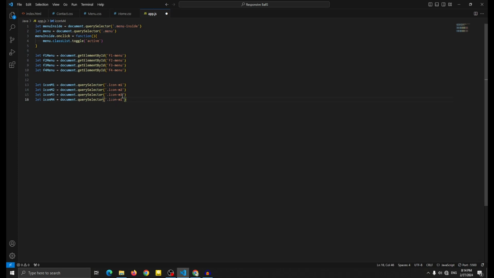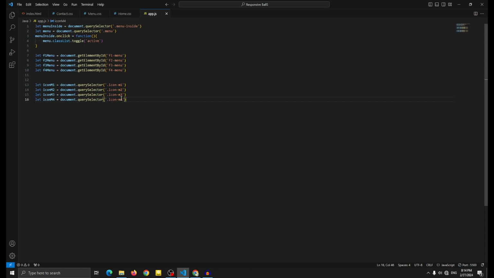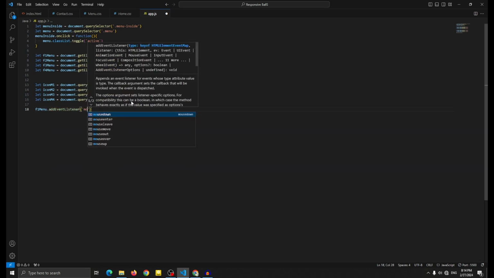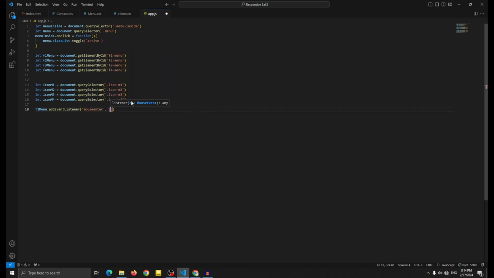Okay, now we just call it in this JavaScript. This is the first menu that I added the ID for, guys, if you download the HTML. You can see I just added it in HTML so fast, and now I call it in JavaScript for this icon and this menu. So now let's create a function for this. I'm going to add F1 menu, add event listener, mouse enter. When the user hovers over this, I want,